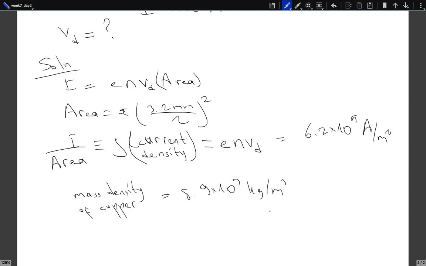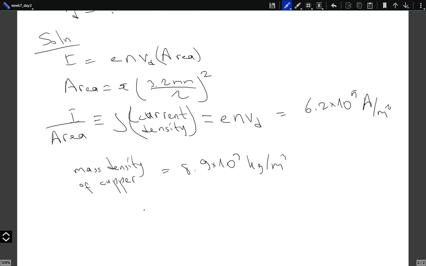This is the mass density. The atomic mass of copper, the molar mass, is 63.5